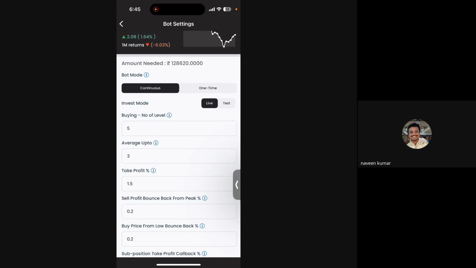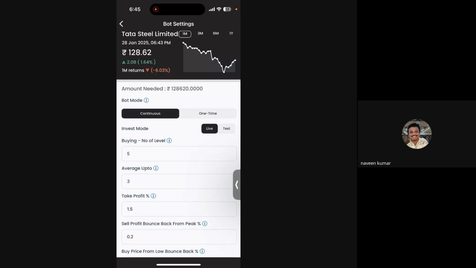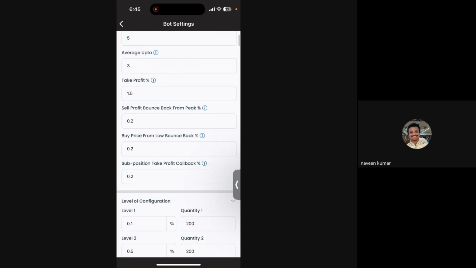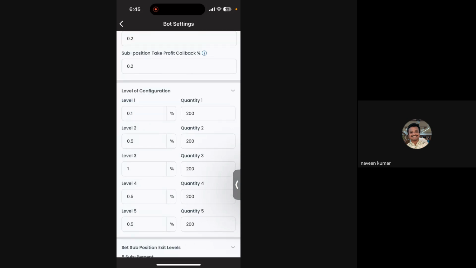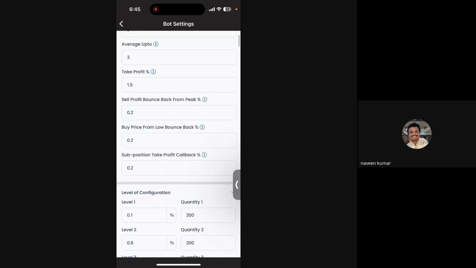So the amount needed is approximately 1 lakh 28, right? Exactly 1 lakh 28. Even if you have 1 lakh, you can deploy this because all the levels will not be bought at once, right? Whenever there is a fall and bounce back, that is where it will buy. So I have deployed now